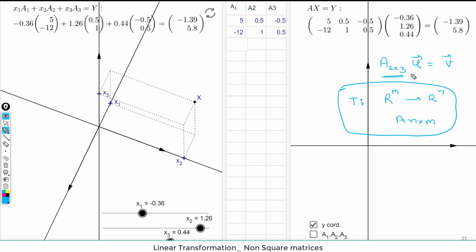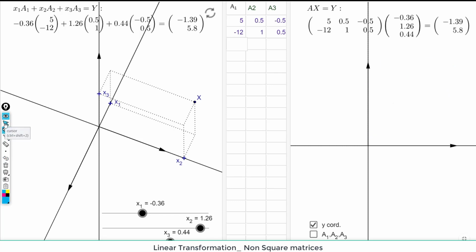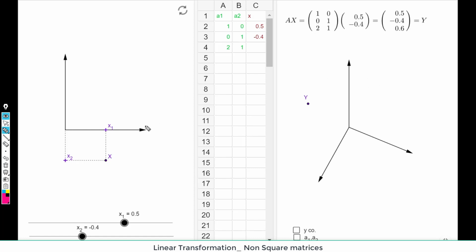We see another example of the reverse case where the input vector would be of 2 dimensions and we would be landing to 3-dimension space. So here you see another example where this is the coordinate of your input vector x. X is here and the coordinates are 0.5 and minus 0.4. If you want, you can drag and change the coordinate, right? So it is in 2-dimension space and you apply this matrix right here. So your matrix is here 3 by 2 matrix with the coordinates 1, 0, 2 and 0, 1, 1.